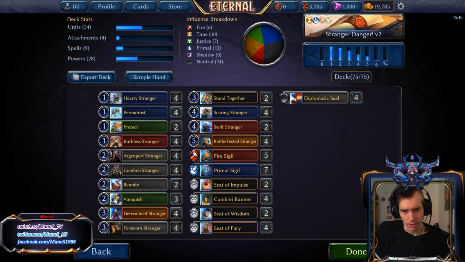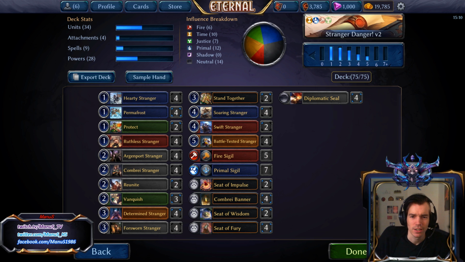I considered Finest Hour. The problem is you can only run so many non-stranger cards after you fit all the good strangers. Also the card is a bit situational, like the deck can easily just hang back a bit, start building up the board, especially with some Reunites, to get into situations where the Finest Hour is not that needed. And also Finest Hour would tax our splash a lot more and leave us more often in situations with cards that we cannot use because we lack the influence, and hurts consistency quite a bunch, which is why I decided against it and just went with a few protects,